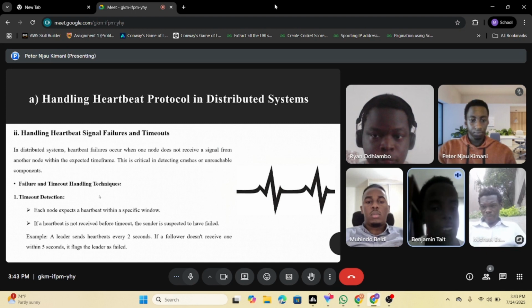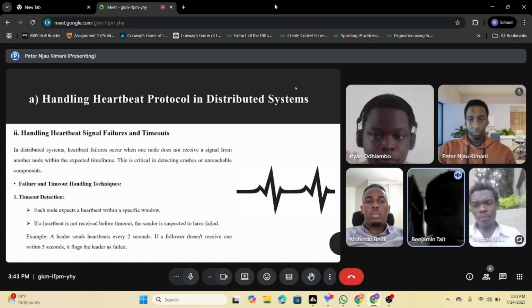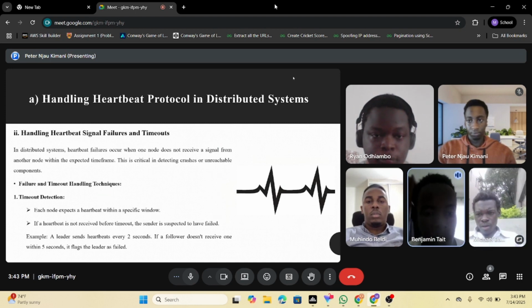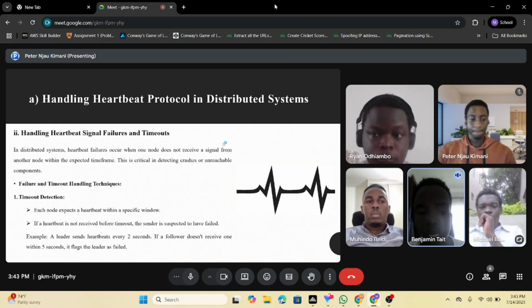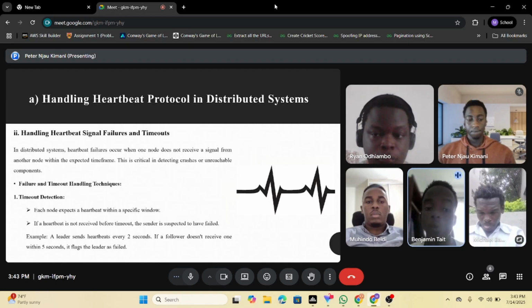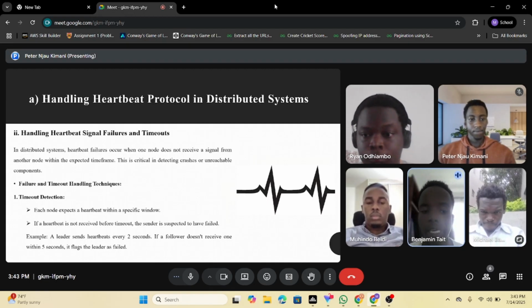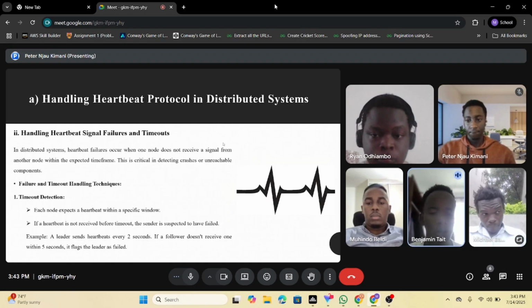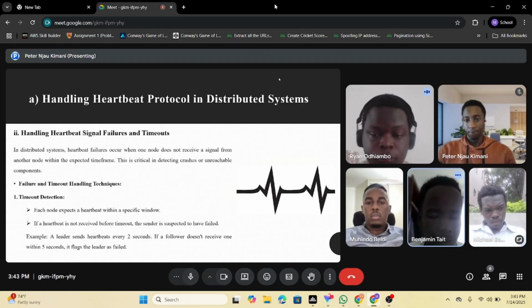So handling heartbeat signal failures and timeouts. In distributed systems, heartbeat failures occur when one node does not receive a signal from another node within the expected time frame, and we have already mentioned this. This is very important in detecting crashes or unreachable components. So how do we handle the case where we don't have servers that have sent their heartbeats